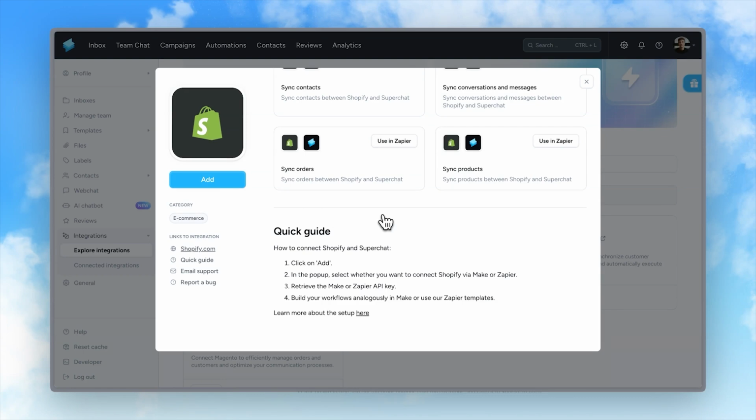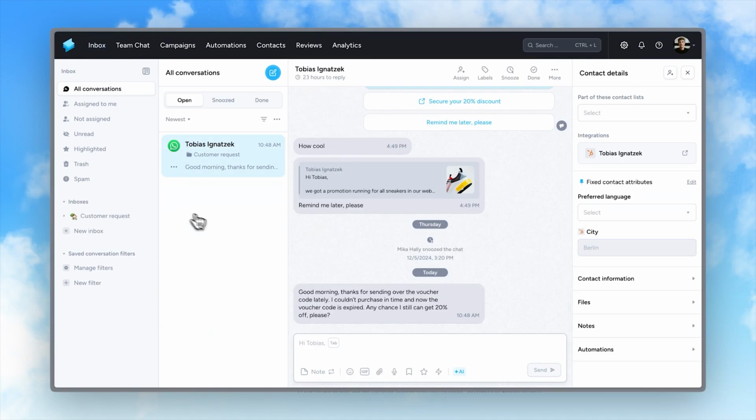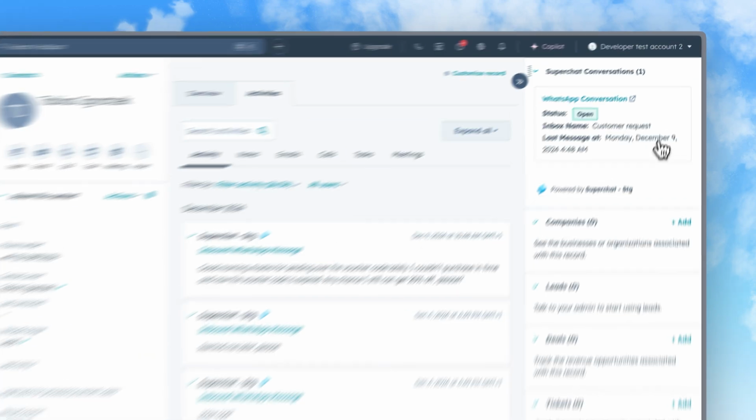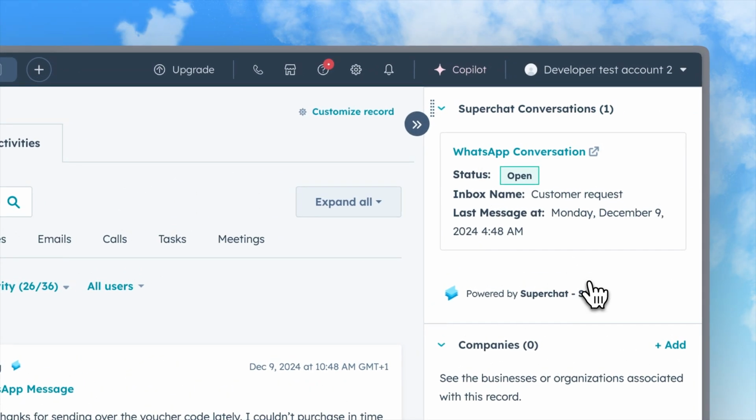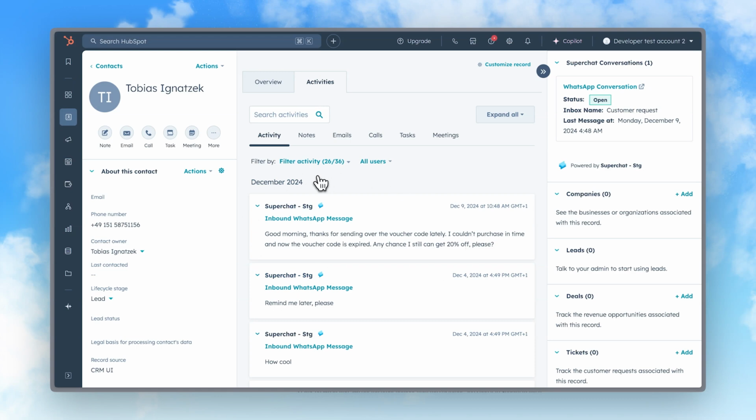But for now, let's have a look at an integration that I've already connected with this Superchat account. In 2024, we shipped our major HubSpot integration, a direct integration that has 3 main use cases. First of all, you can sync and see all contacts and contact attributes inside the unified inbox and in the Contact Hub, as well as you can see all conversations that you have on Superchat in the contact view in HubSpot,